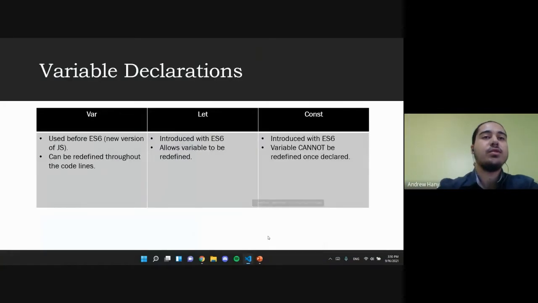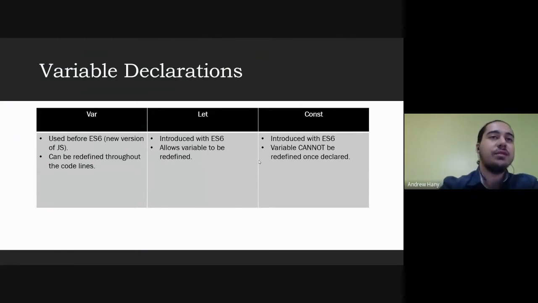Great. So yeah, these are the different variable declaration methods. To recap real quick, we have the var, which was used before ES6. This one allows you to change the variable or not, whether it's up to you. Then we have the let keyword, which allows the variable to be changed once it's declared, and then we have the const keyword, which is more strict than both of these, as once a variable is declared, it cannot